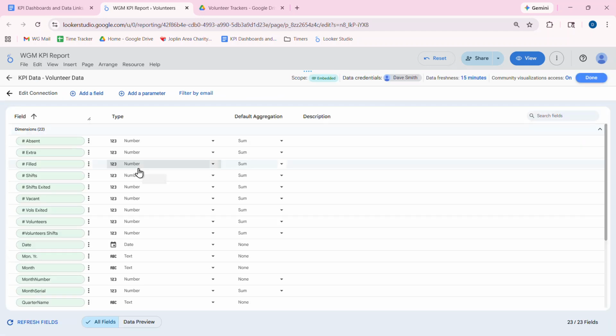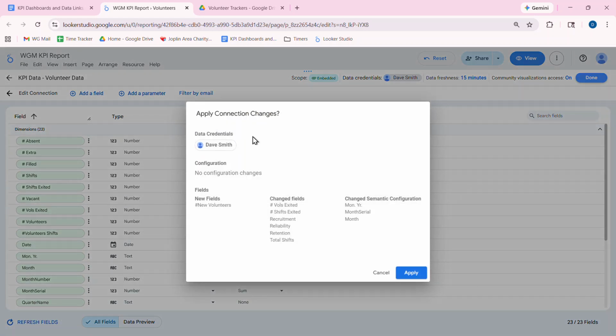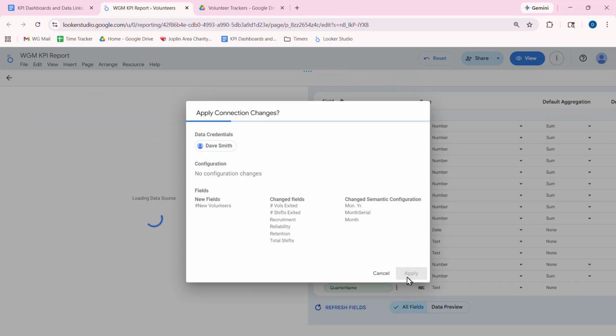I'm going to go in and say, okay, let's look at what we got. Like I said, number of new volunteers is not here. So we basically have to refresh all of this. What we want to do is refresh the fields. As you look through it, it pulls it. New fields is number of new volunteers. It's not there, so we have an issue. So we will go in